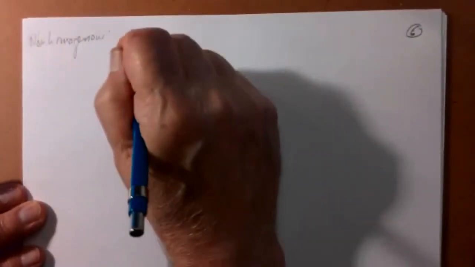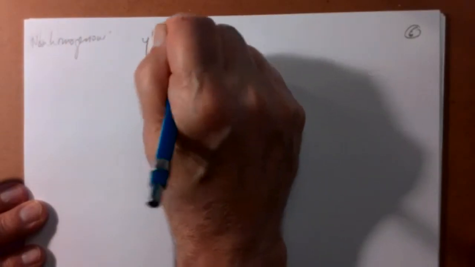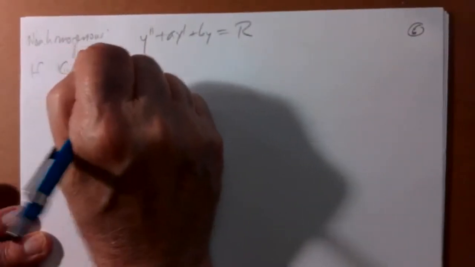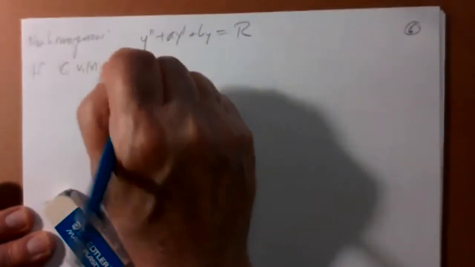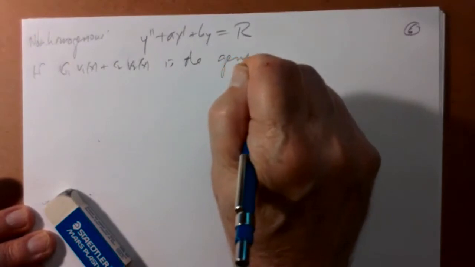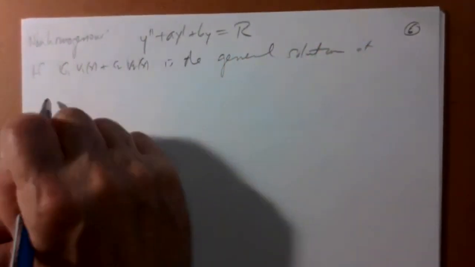Or I think the book calls it non-homogeneous. Two words are used interchangeably. So we have a differential equation y double prime plus ay prime plus by equals r. So this right-hand side is some function. And if C1 V1 of x plus C2 V2 of x is the general solution of the homogeneous equation,